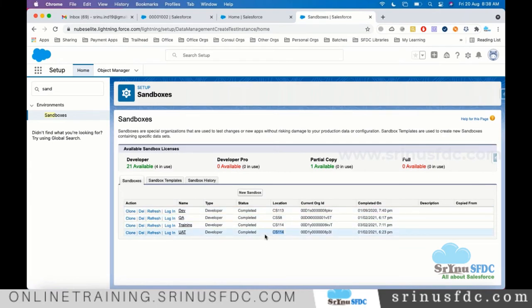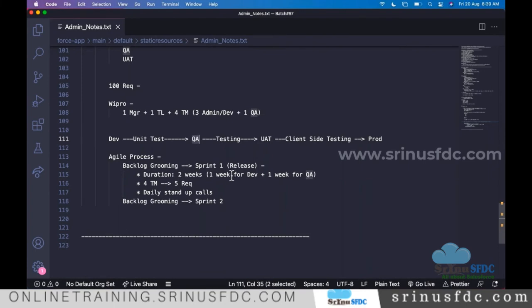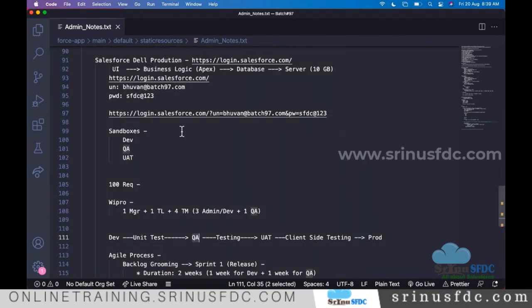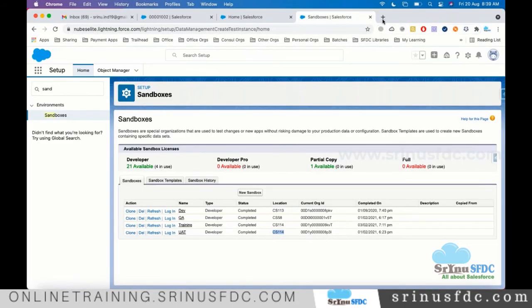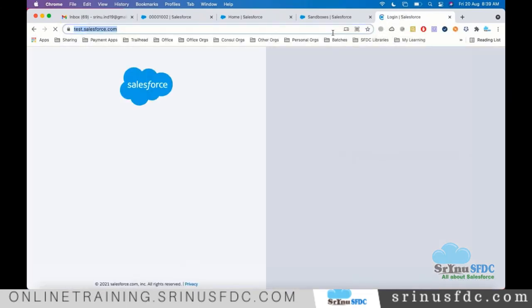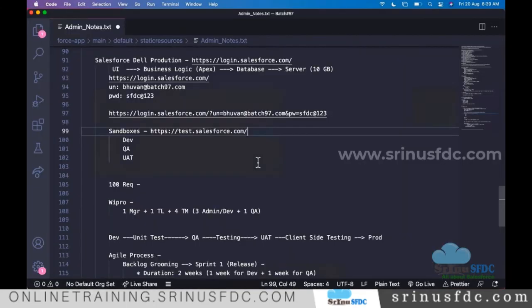Now, how does the sandbox look? Let me show you. The only difference is that to log into the sandbox, the URL is test.salesforce.com. To log into production, the URL is login.salesforce.com.